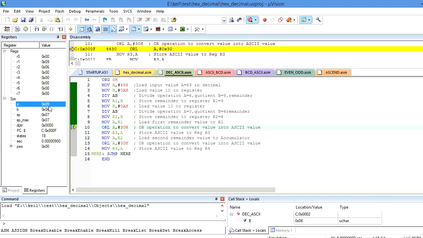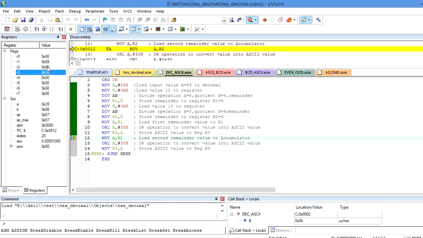Here 9 is the decimal value. After execution of the logical OR instruction, it converts into ASCII value. The ASCII value of 9 is 39. It is stored in the accumulator by using the instruction ORL A, #30H. So 39 is the ASCII value for decimal 9, which I am going to store into the R3 register by using move R3, A.